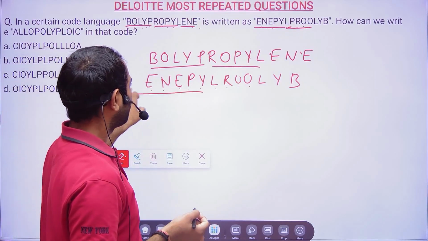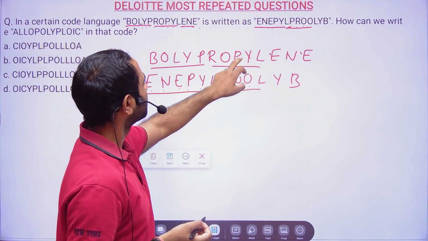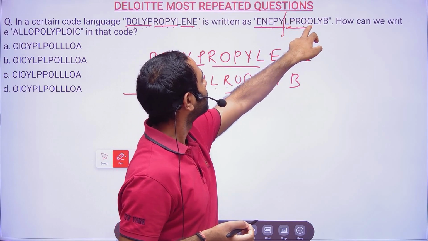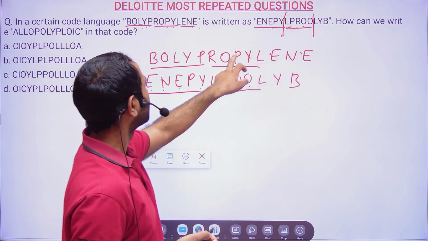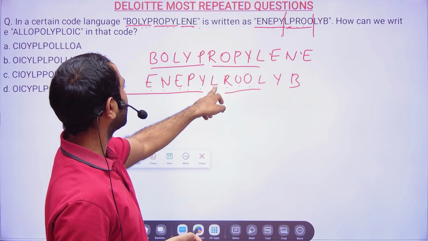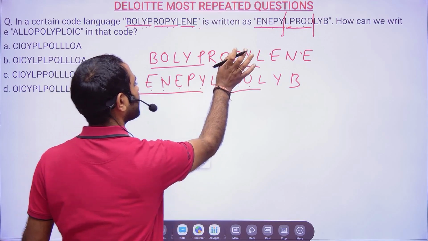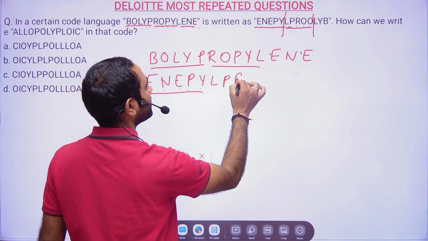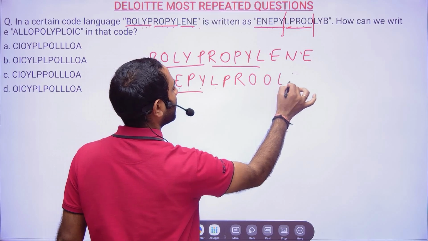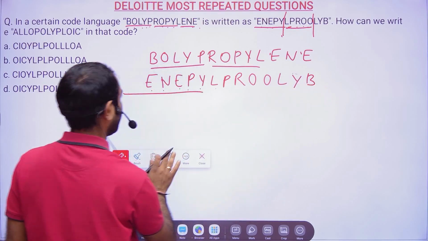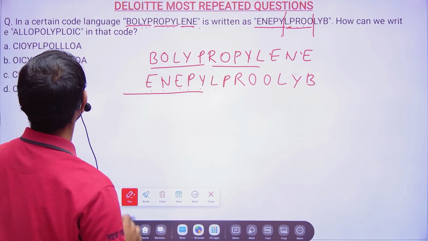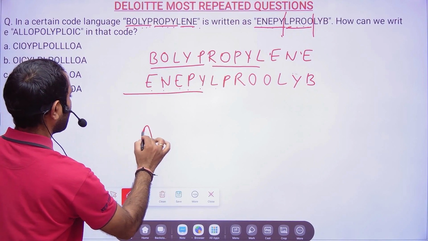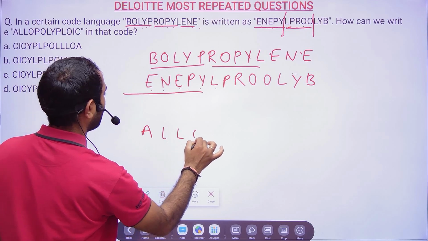So 5, 5, 10, 5, 5, 10. So P, Y, L, P. Okay, so here basically one letter is missing. I have missed it here. P, R, O, O, L, Y, B. Correct? Fine. Now what you have to do, you have to find out the code for A, L, L, O,